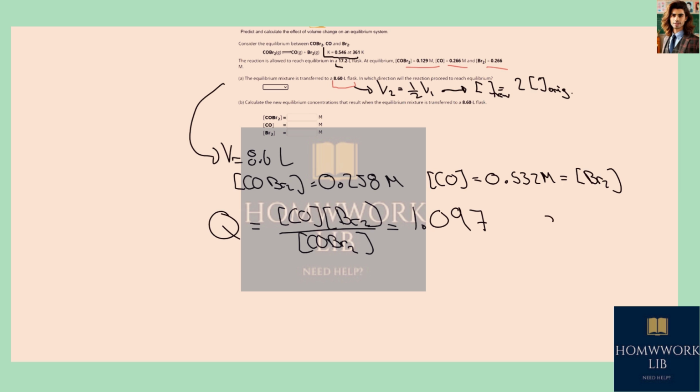So, in this case, since the value for Q is larger than the equilibrium constant, that means that the equilibrium should be shifted towards reagents, or to the left